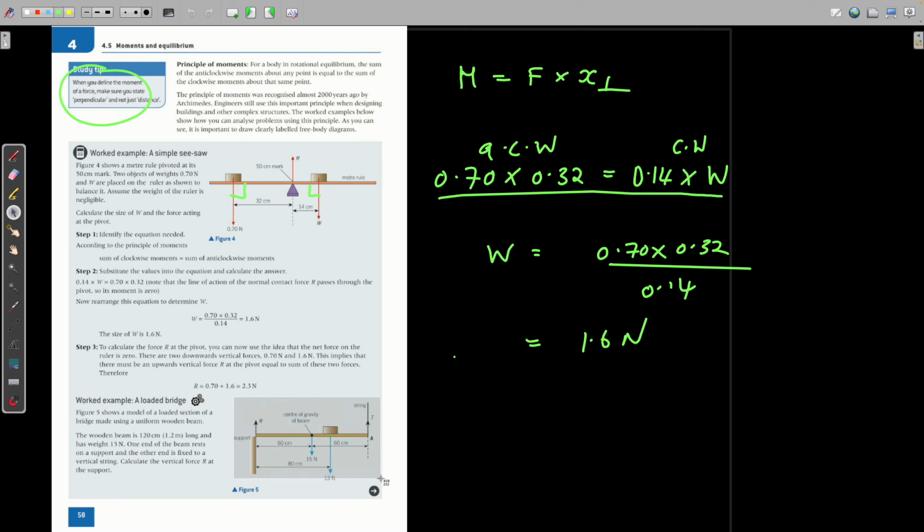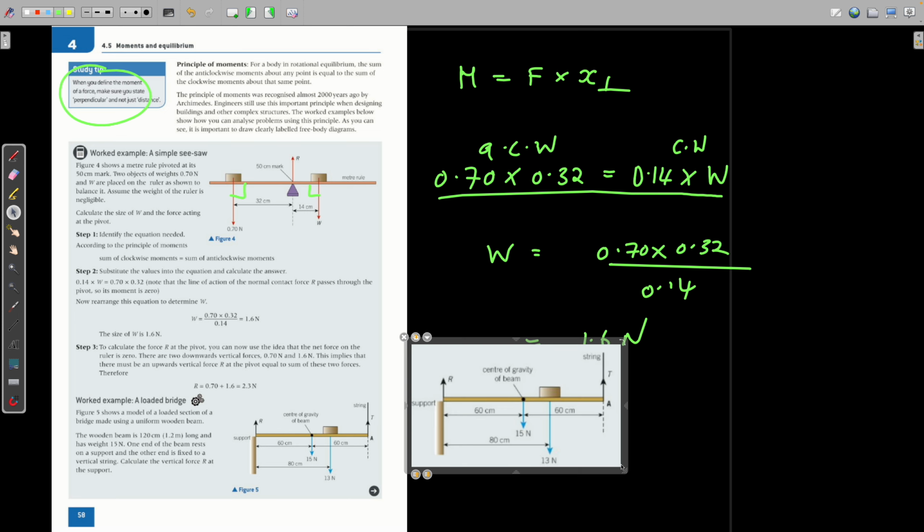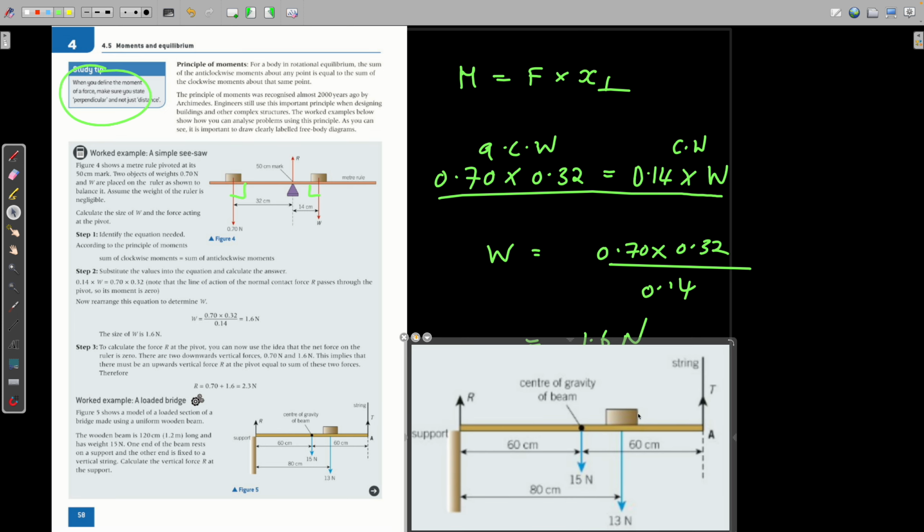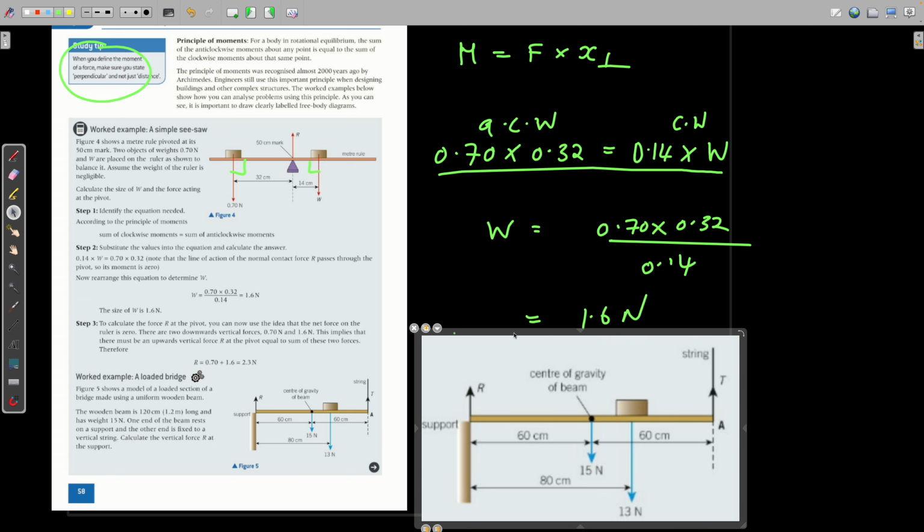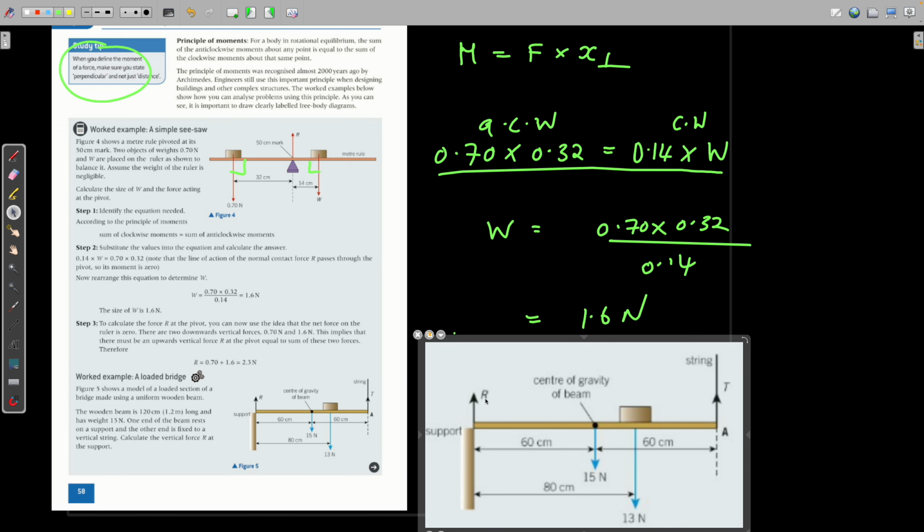If I enlarge this picture, then the thing about trying to find unknowns. So say if you were trying to find the resultant force there, or the reaction force, then what you would do is you would take a pivot point here at A. The reason you take the pivot at A is because you can ignore the tension, the unknown tension. If you take the pivot at A, then the moment about A due to this tension is 0, so you